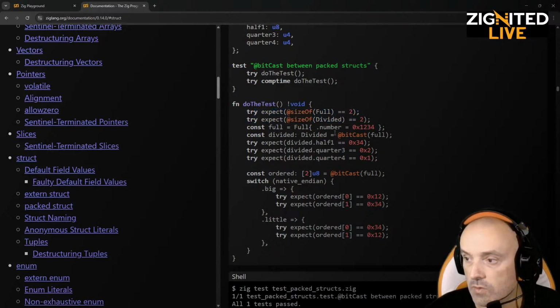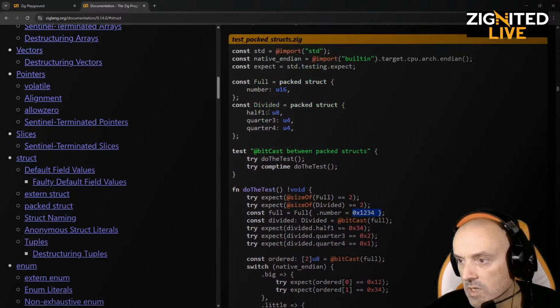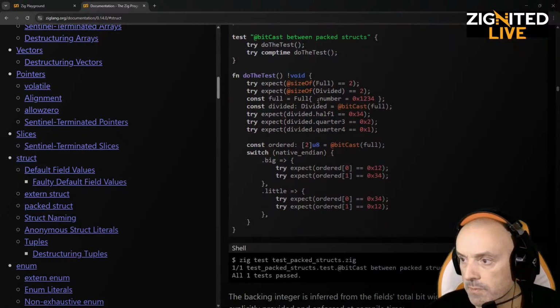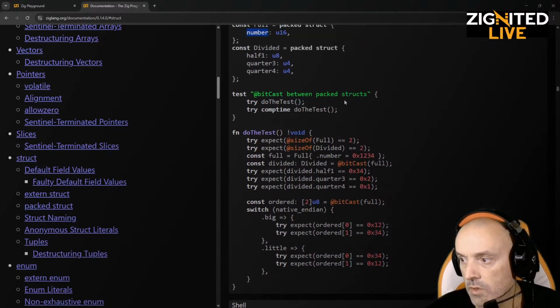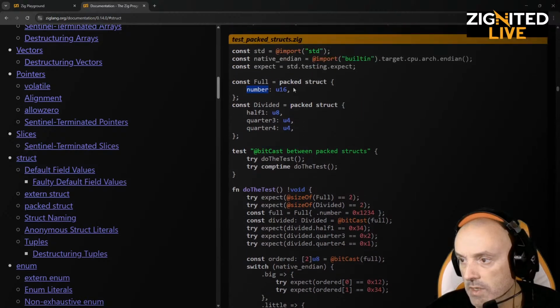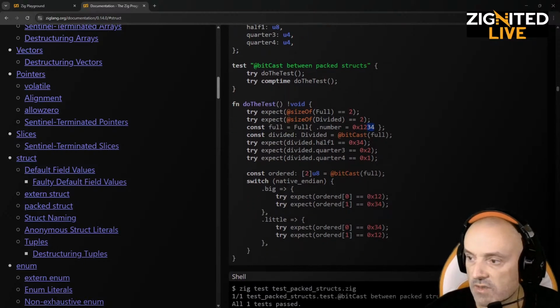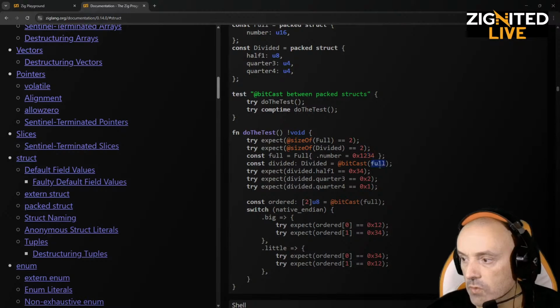Then let's equals full, number equals, what is a number here? Yeah, field full number. So they are setting the value 1, 2, 3, 4, and this is 2 bytes, and this is also 2. Okay, once divided equals bitcast full,